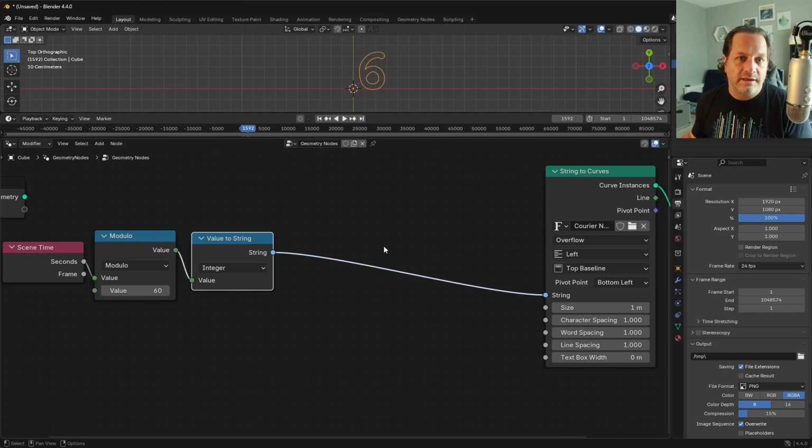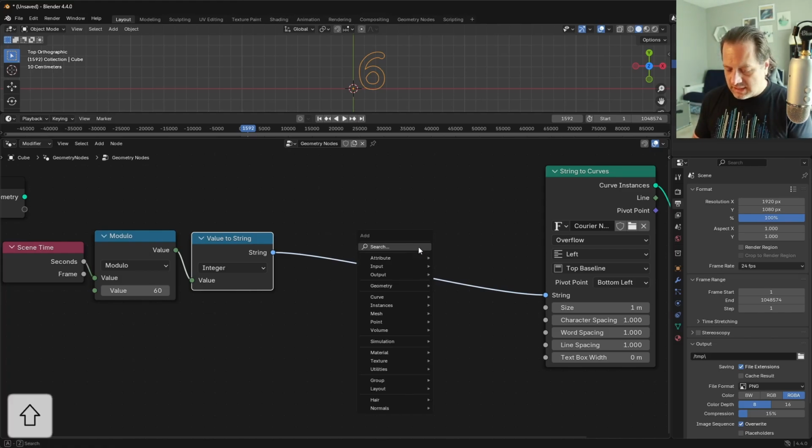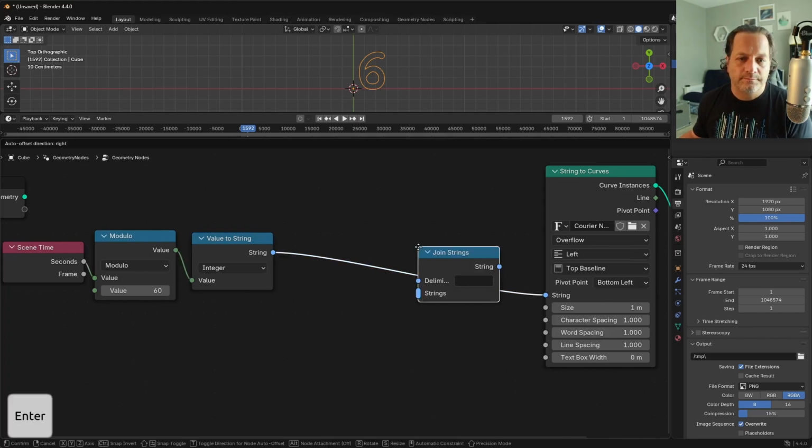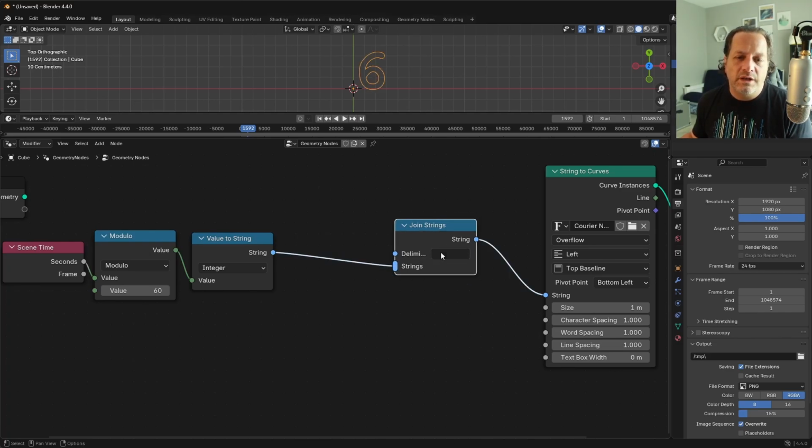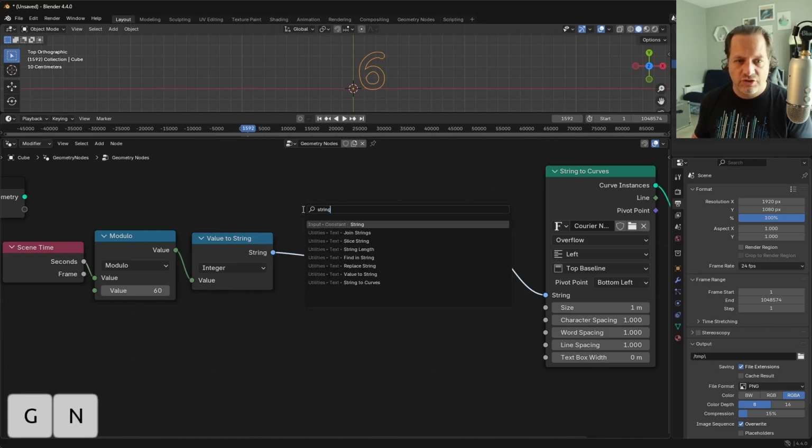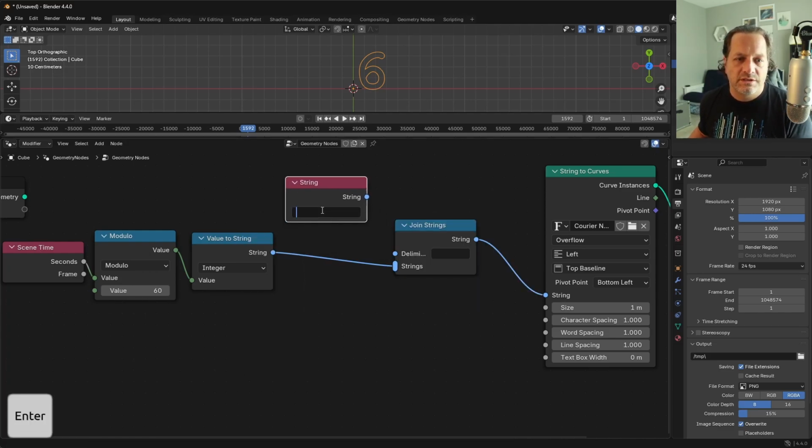So if we take this and use a join strings node, and we don't want to use any delimiter, so that means nothing is going to be put between the strings we add. And then we also add in a string node with just the string 0,